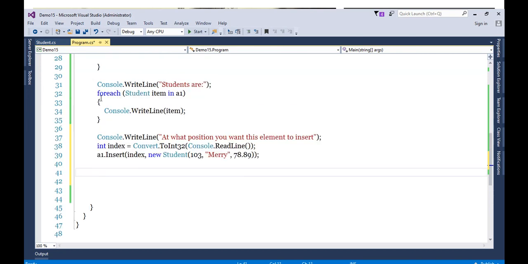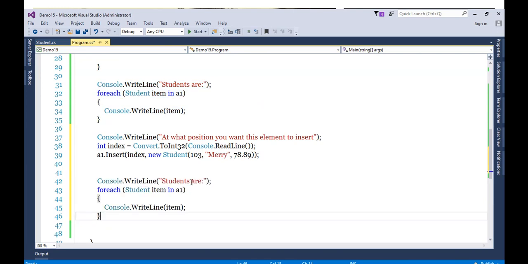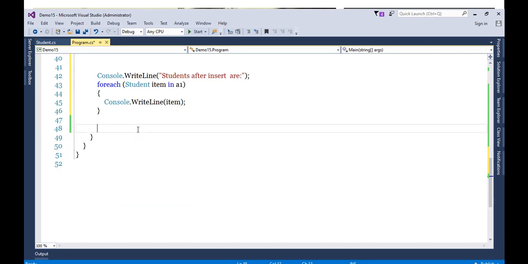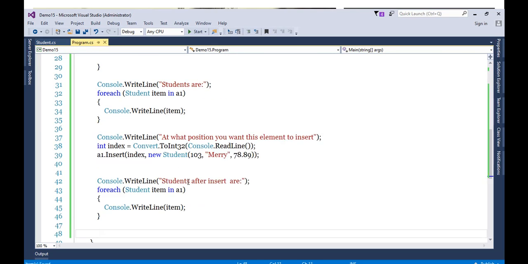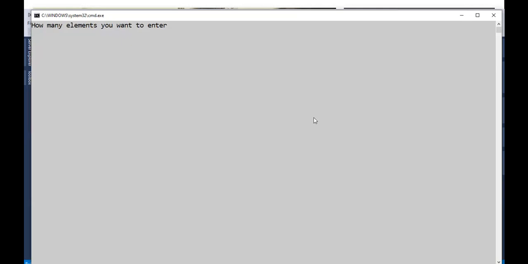And then again we'll display it. So what we'll say here now, "Students after insert are". So this will keep on changing. So let's run it. Okay, how many elements do you want to enter? Let's say 3.